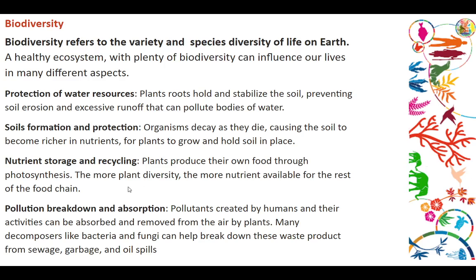Nutrient storage and cycling and recycling is crucial. So we have to make sure we studied these cycles: the carbon cycle, water cycle, nitrogen cycle, phosphorus cycle. The more plant diversity, the more nutrients available there are in the food chain, and so we want to make sure that we have a high diversity to keep these nutrient cycles going. And finally,